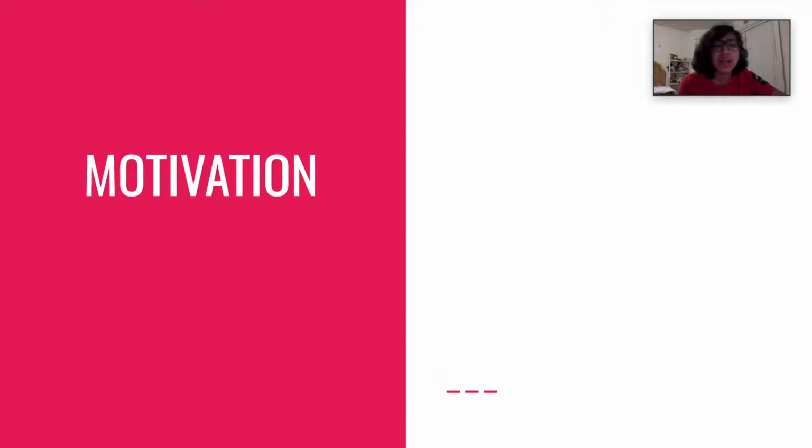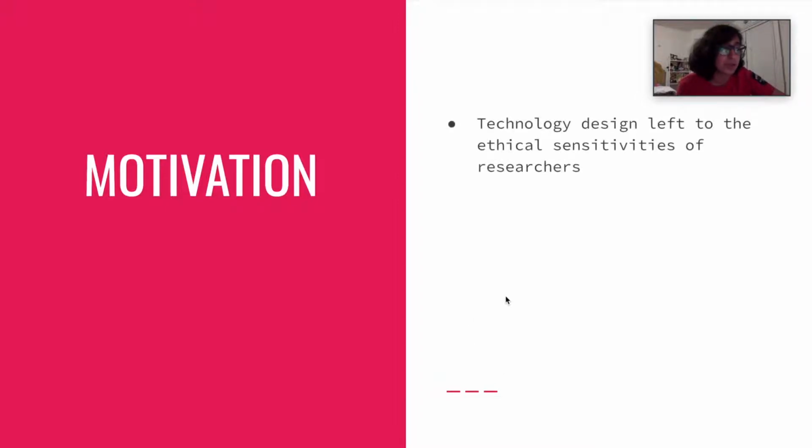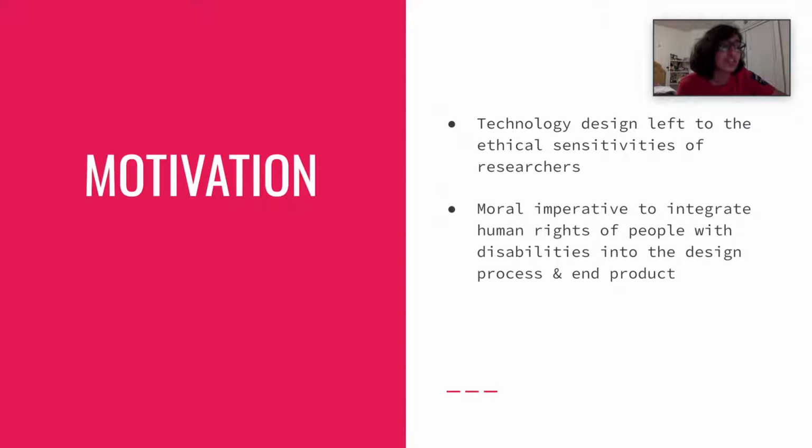However, aside from the IRB process, the work of ensuring that research and resulting technologies do more good than harm is left to the varied ethical sensitivities of individual researchers. When it comes to designing technology for people with disabilities, particularly people with cognitive disabilities such as dementia, there is also a moral imperative to ensure that their human rights are consciously integrated into the process and included in the